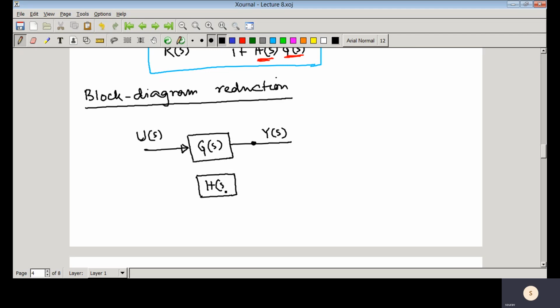So you have that H(s), you have that branching point from this particular point. So this is a part of your block diagram. Here you have the signal Y(s), you have tapped it, this is called the branching point. So this particular block diagram is equivalent to